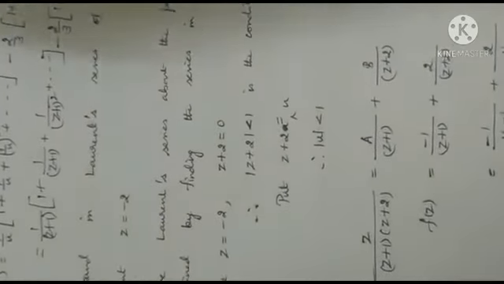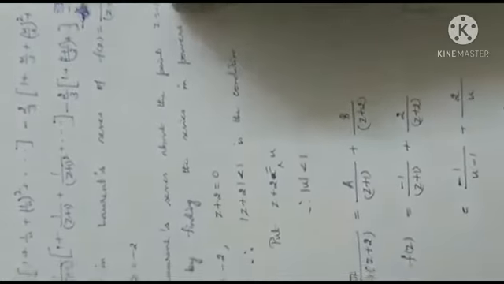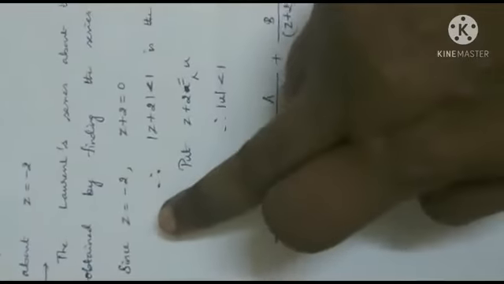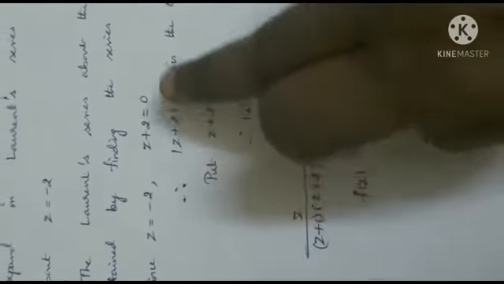You go through the Taylor series theorem, we did some problems, right? You can see, if they ask us to expand the Taylor series about z equal to minus 2, our answer will be a Taylor series in powers of z plus 2. It is similar here. In Laurent series, if they ask us about the point z equal to minus 2, we get a series in powers of z plus 2. Therefore, z equal to minus 2 becomes z plus 2 equal to 0. 0 is less than 1, right? So, modulus of z plus 2 is less than 1 is the condition.